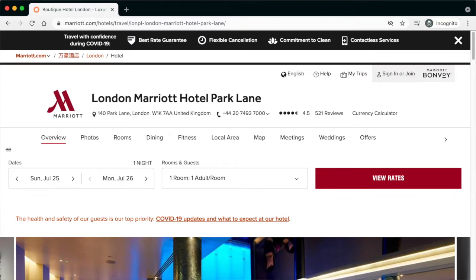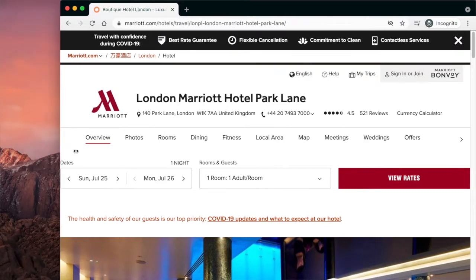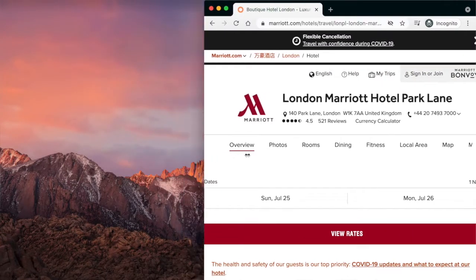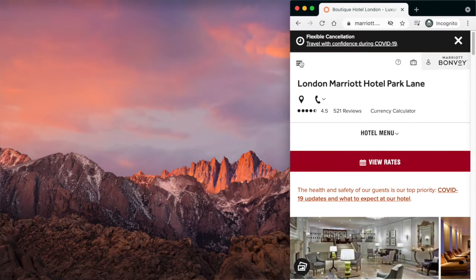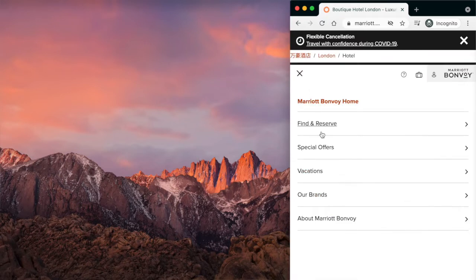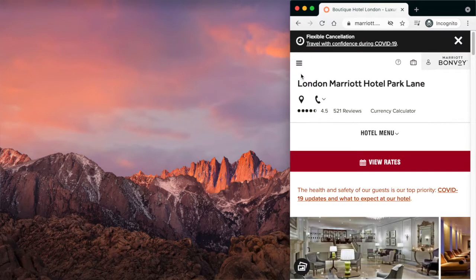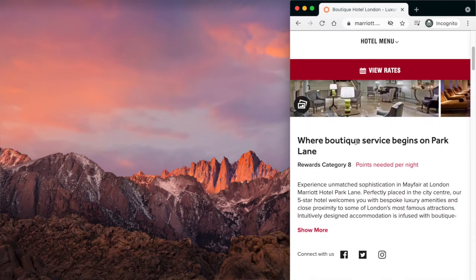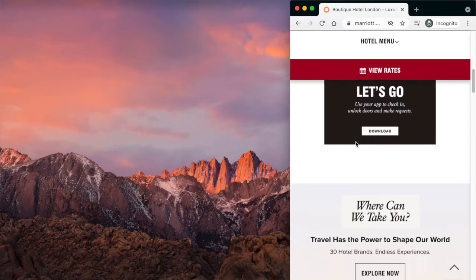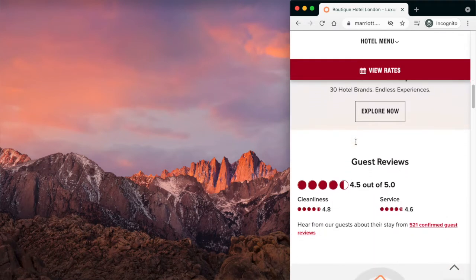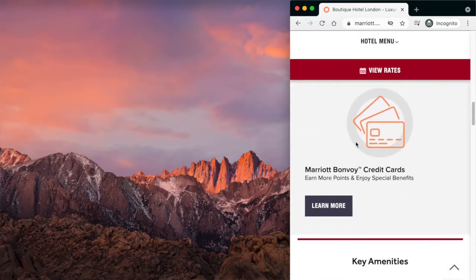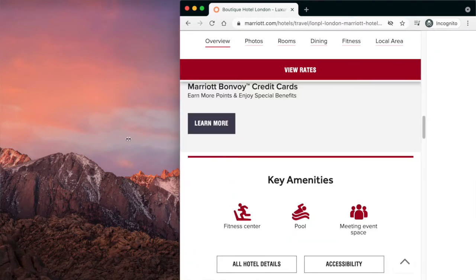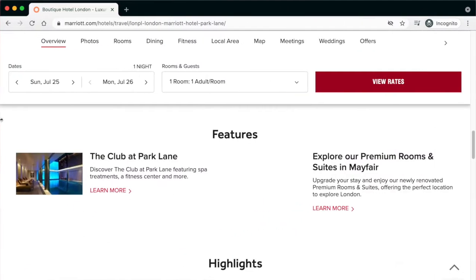Just click on the far side of your browser tab and then drag the mouse across to adjust the screen size. This website uses responsive design. Notice how the navigation bar collapses and the text and images readjust to fit the smaller screen size. This is what this website looks like on a mobile device. Cool, right? These days, responsive design should really be the standard, so just make sure whoever is building your hotel website is building it to be responsive.